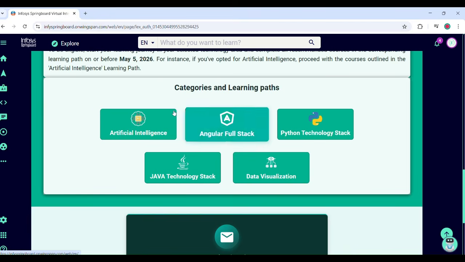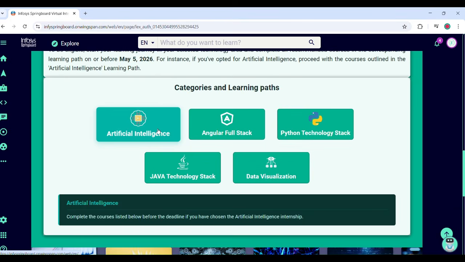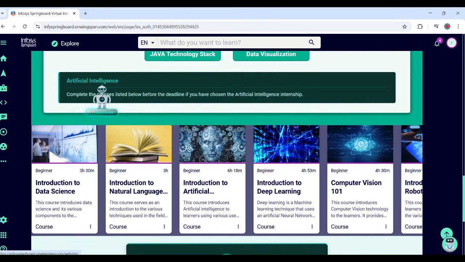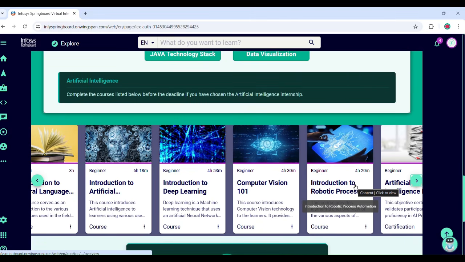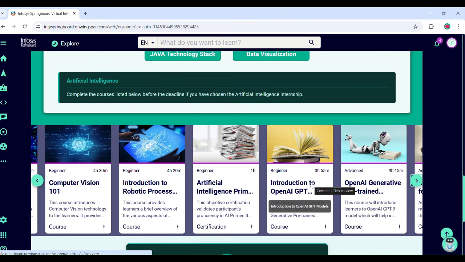So first we will see about artificial intelligence. So basically you have to click on your chosen stack. I have clicked on artificial intelligence. Now we will see which courses you have to complete, and the main thing is, you have to complete all these courses and certification. So first you have to complete introduction to data science, then introduction to natural language processing, then introduction to artificial intelligence, introduction to deep learning, computer vision 101, introduction to robotic process automation,